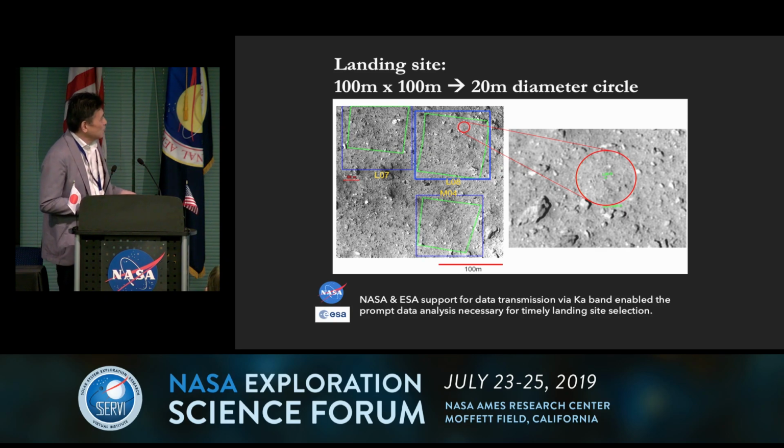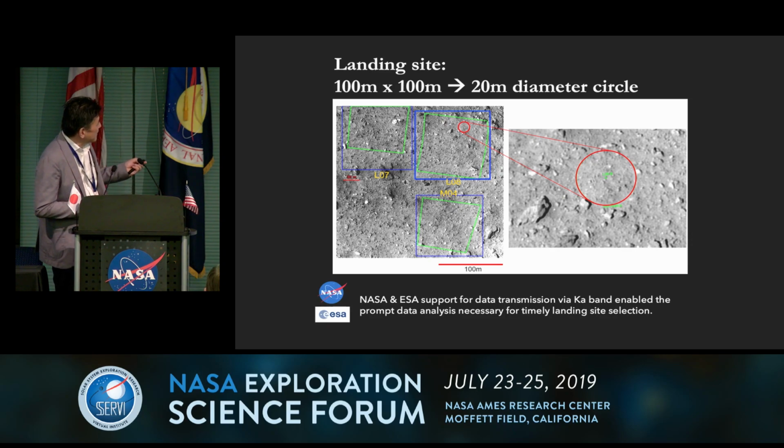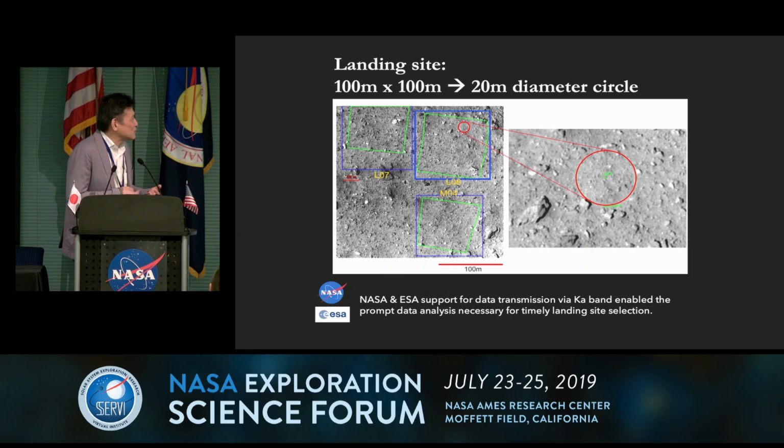So we did move on by identifying this safest spot on the surface. But if we keep saying that the size of the landing ellipse is 100 meters, I think we would be stalled somewhere. So instead of moving forward, knowing that we will not be able to move forward anymore,